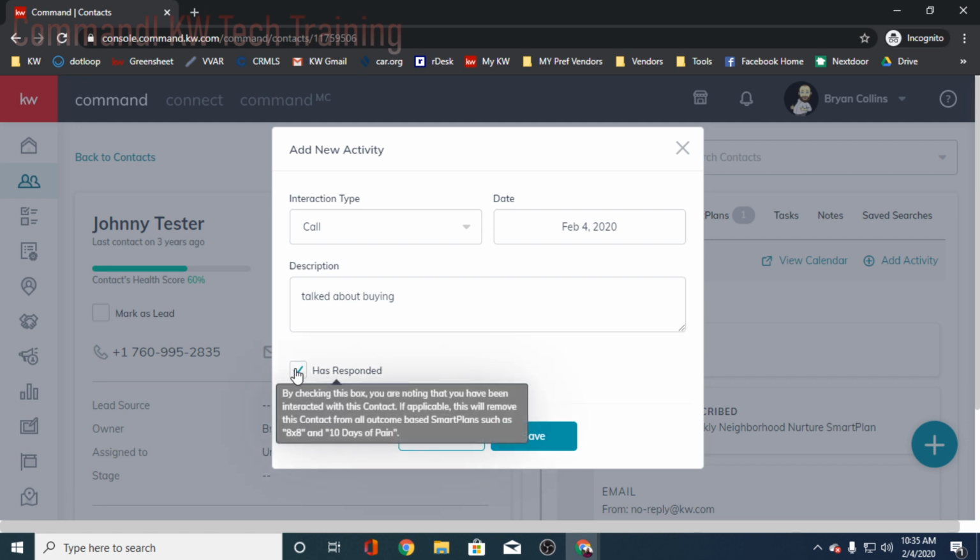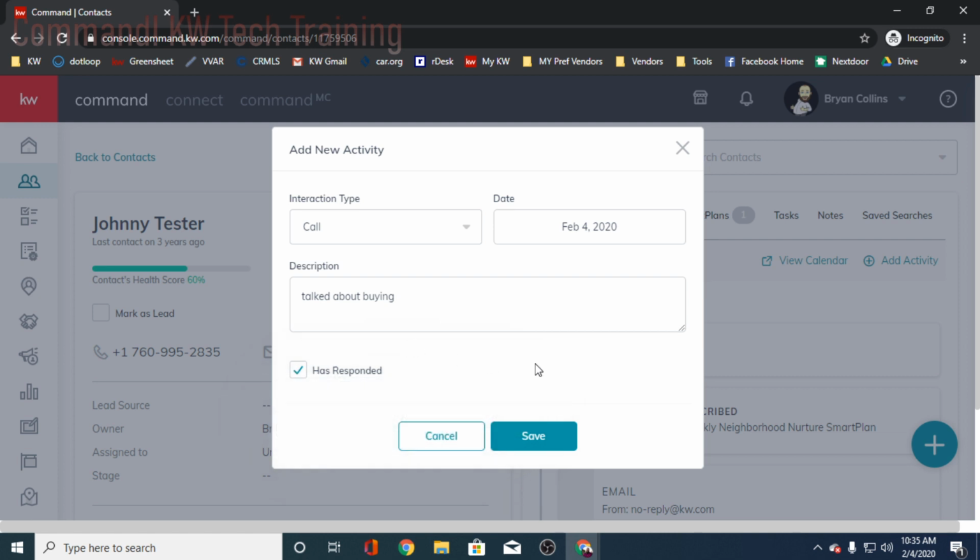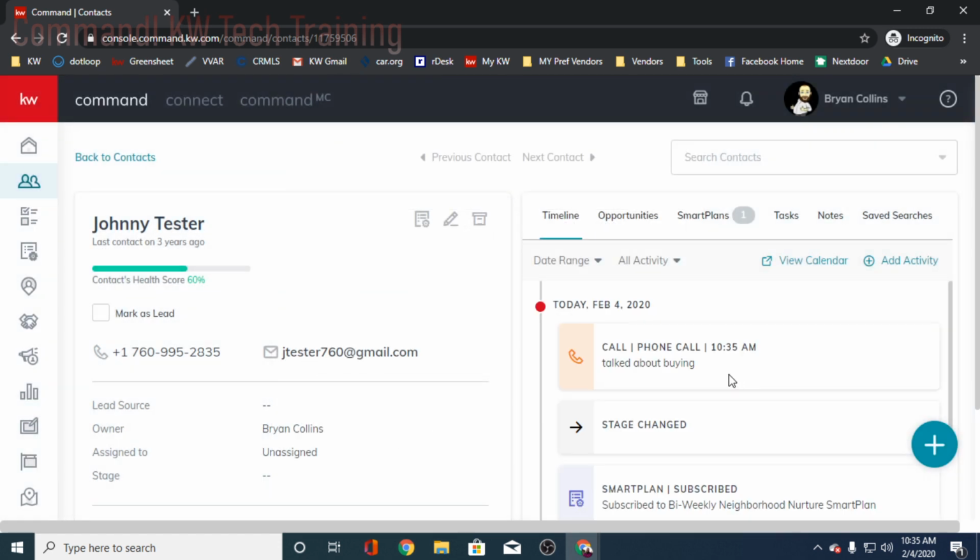What it says is by checking this box, you're noting that you have interacted with this contact. If applicable, this will remove this contact from all outcome-based smart plans such as 8x8 and 10 days of pain, which I don't know what 10 days of pain is, so maybe that's something coming in the future. So you can click that, and then